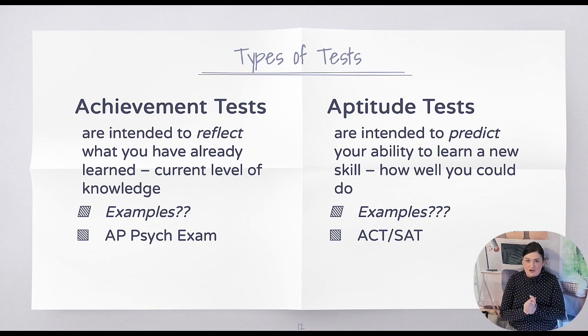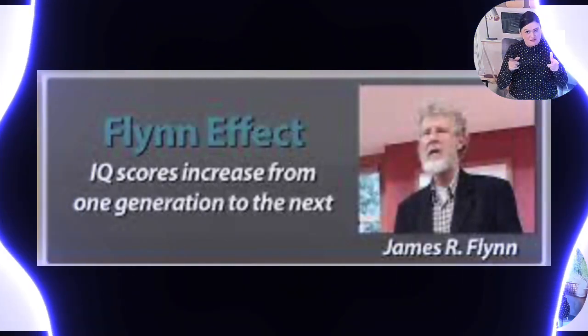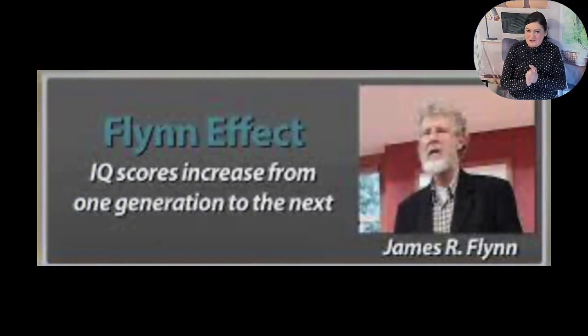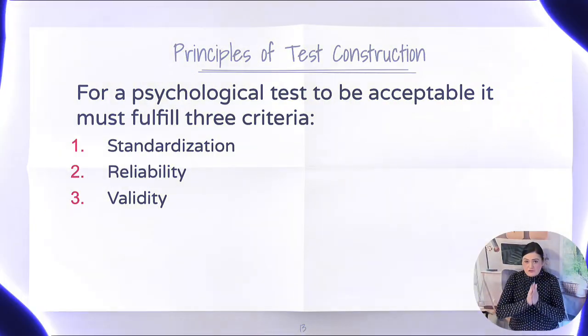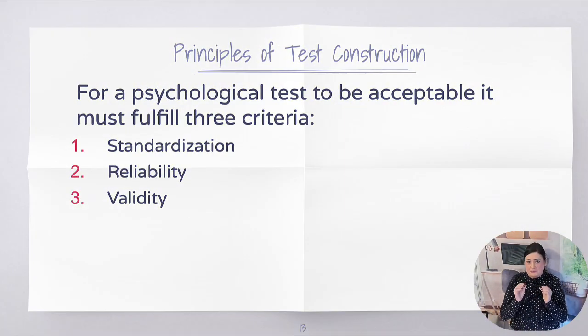All right, let's talk about this guy named Flynn. Sound familiar? Yes, I know we heard about him in the other video. Okay, while Thurstone, Gardner, Sternberg, and Goldman, all of these guys tried to define intelligence, Flynn is known for his observation that intelligence as measured by IQ tests is actually increasing over time. Coined the Flynn effect. We're going to talk a little bit more about Flynn in a little bit here, but